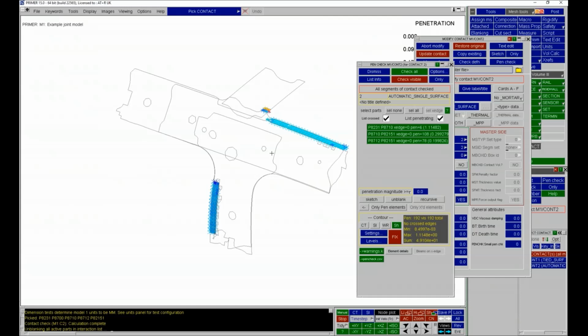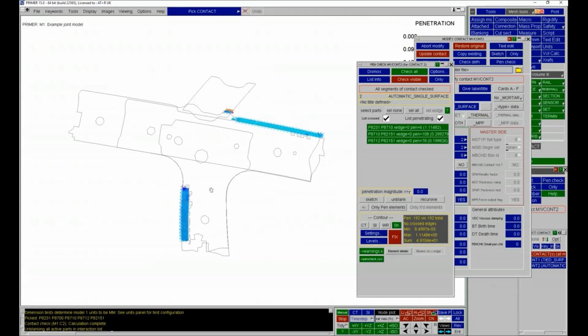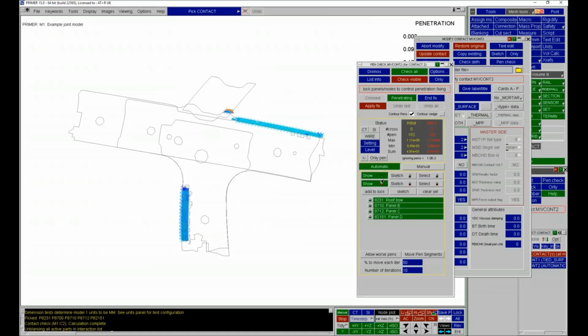If I go back and have a look at the rest of the penetrations I still have in the model, so I've fixed my crossed edges, but I now have some penetrations left. If I go to fix, I'm now in the penetration mode. So now I'm going to apply an auto fix to this. So using the auto fix, Primer will iteratively move the nodes away from the segments to fix the penetration. So if I click on apply fix now,